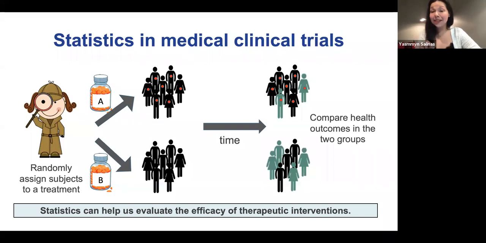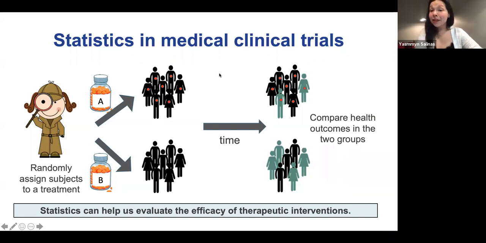And where the statistics comes in is so that we can validate what our eyes are telling us. Our eyes here are telling us that people in group A do better than group B. We would need some sort of statistics to back that up so that people would go on to promote treatment A as the better treatment. This is a really good discussion. Thank you for partaking in that.